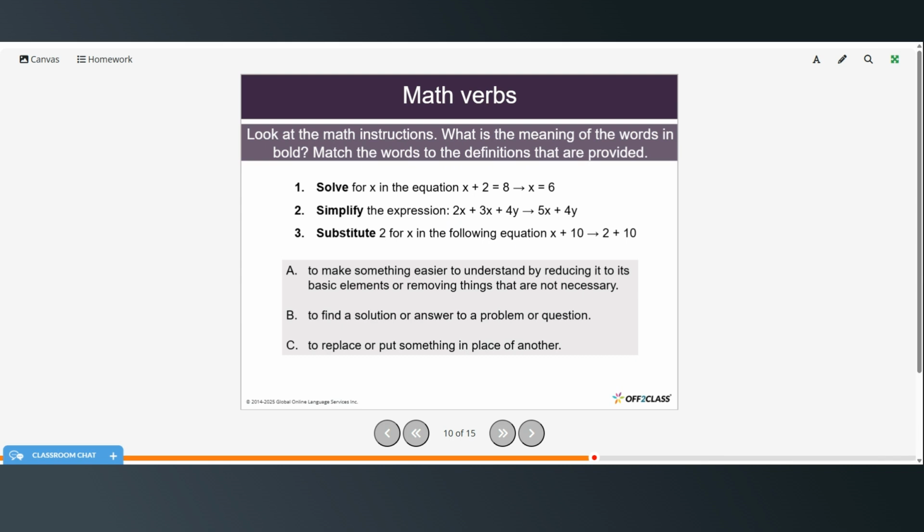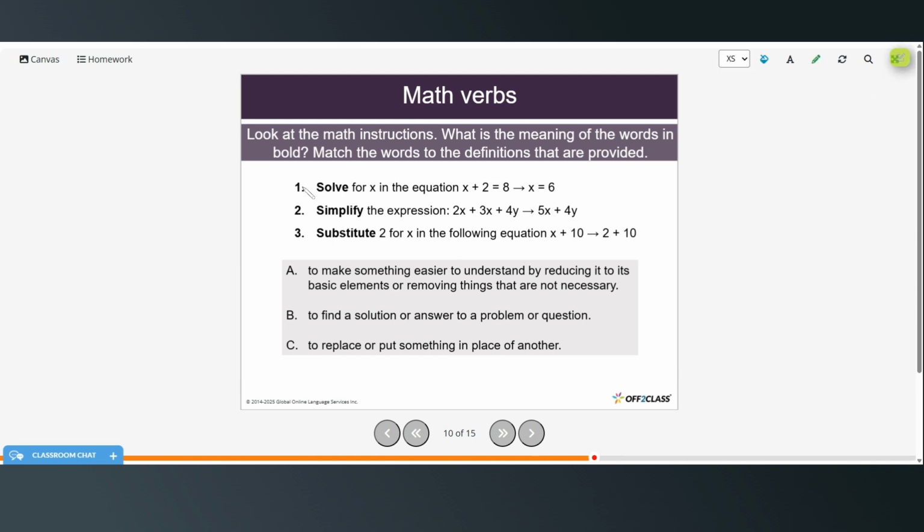Alright, now we're going to talk about some math verbs. So look at the math instructions. What is the meaning of the words in bold? And match the words to the definitions that are provided. Okay, so solve for x in the equation x plus 2 equals 8. So x equals 6. So solve is